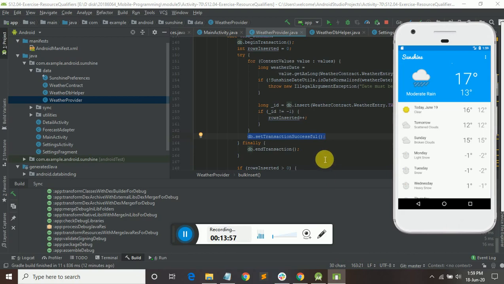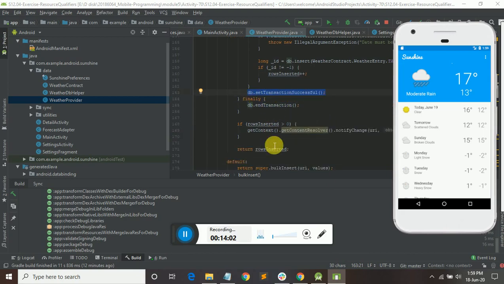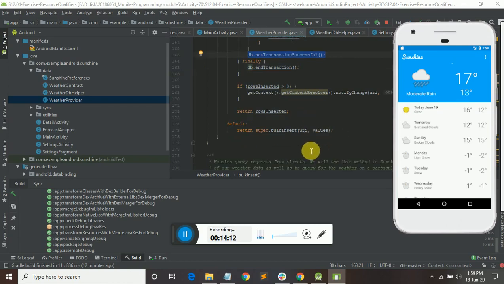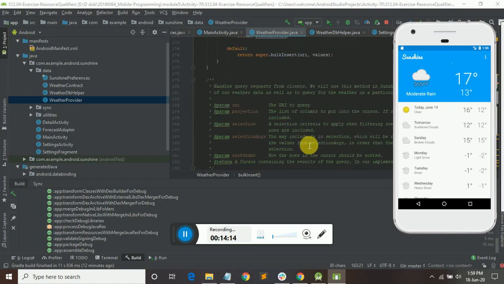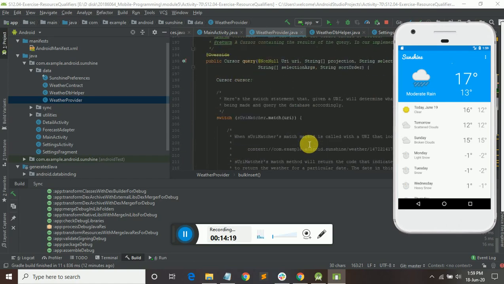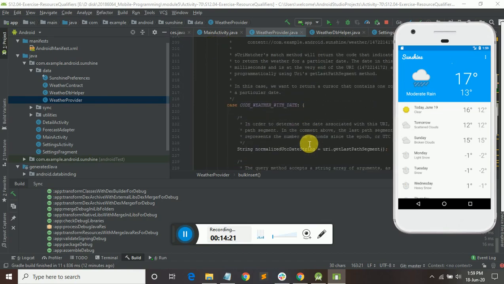After getting the database, for getting data we need to write. And while inserting a row, if rows inserted is greater than 0, then it should notify what URI that is, and for bulk insert, URI and values. So that method is mainly for inserting the data in all the fields.